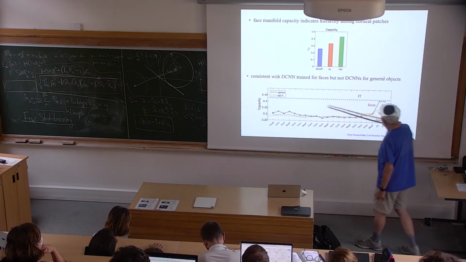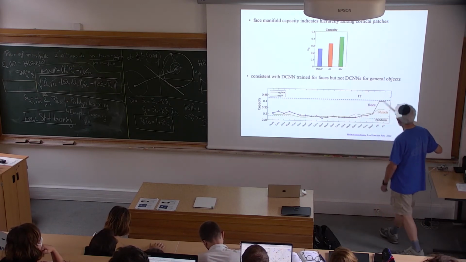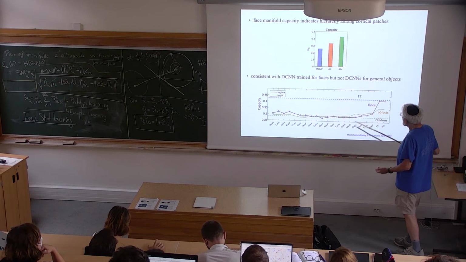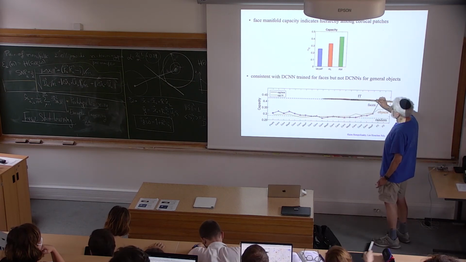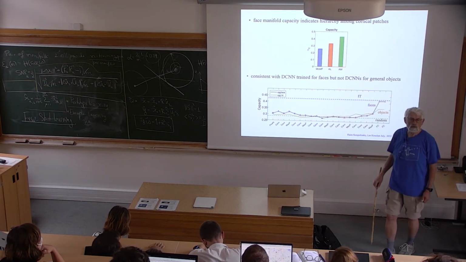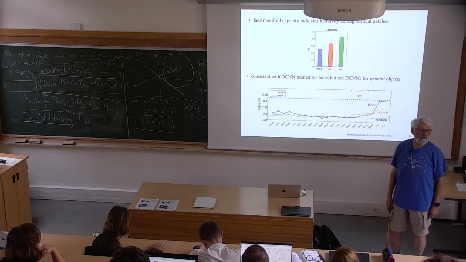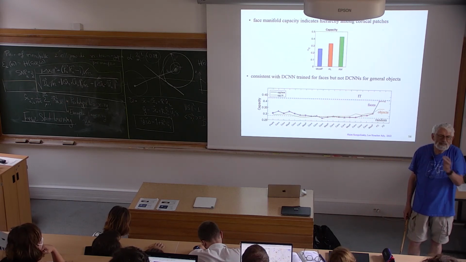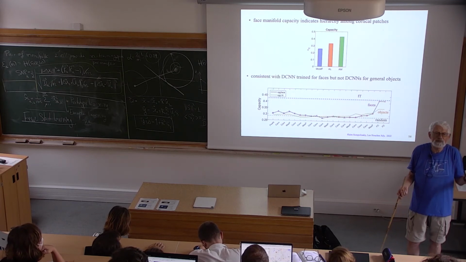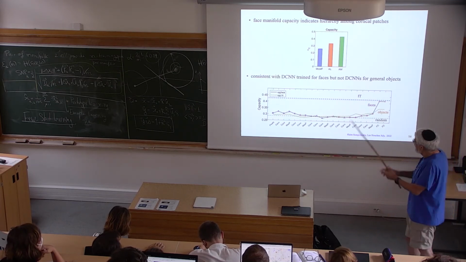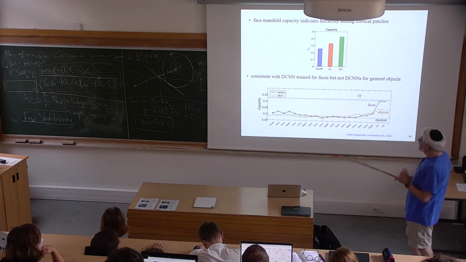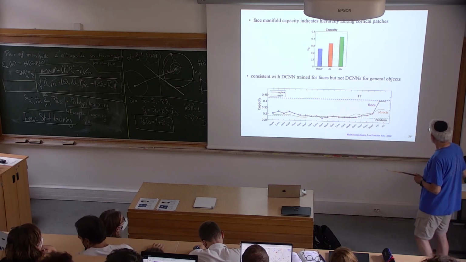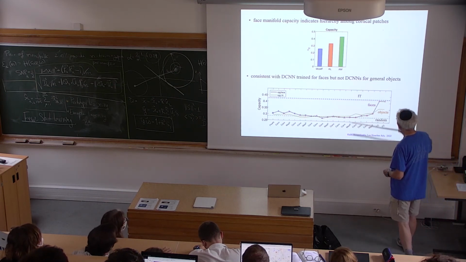The feature layer gives capacity, which is this value here. Now, it turns out that this is the capacity that we get when we measure the IT cortex. There are the neural responses. Now, the point is, there is no parameter here. It's not a fit. We don't have any parameter to fit, right? We just take the neural data, we measure the capacity as the procedure I mentioned, the linear classification of the